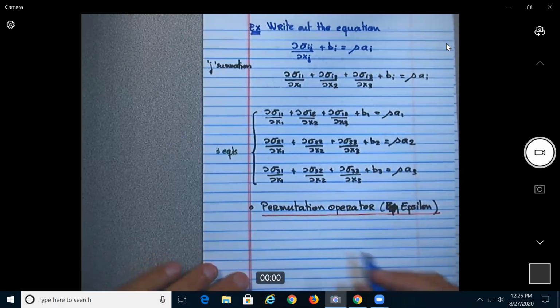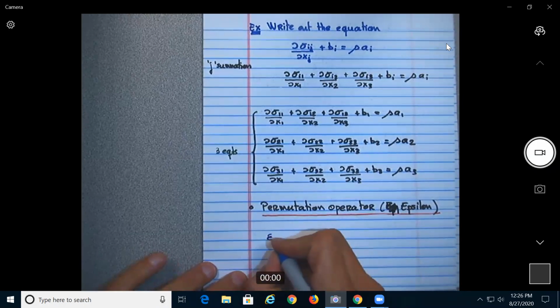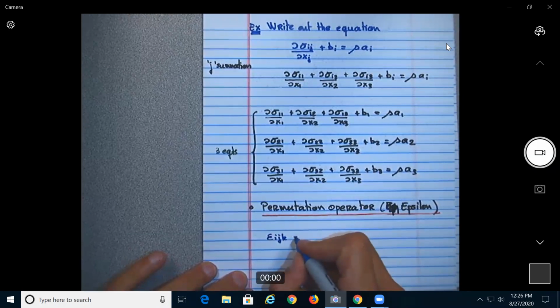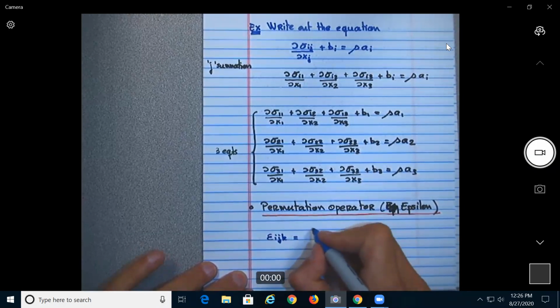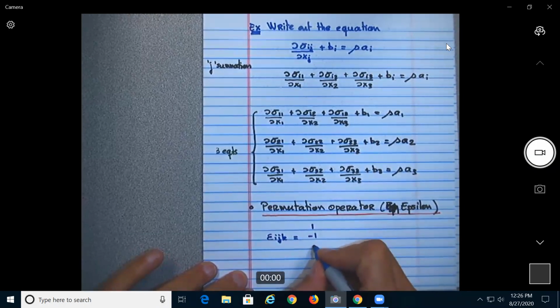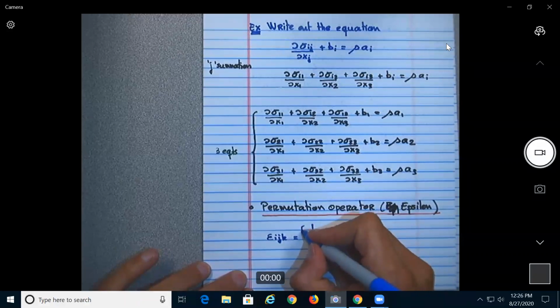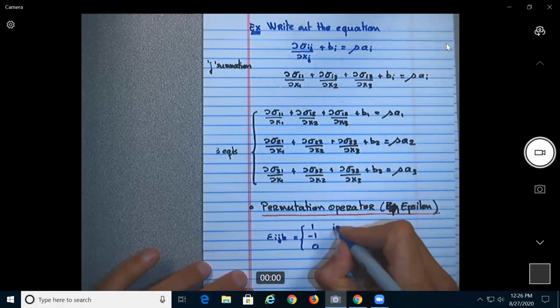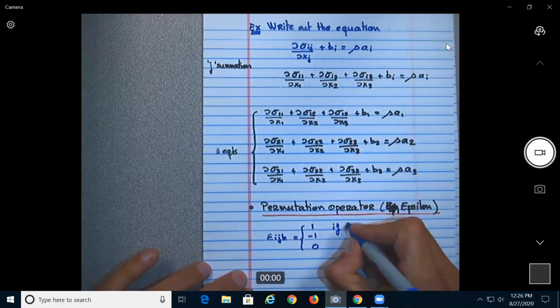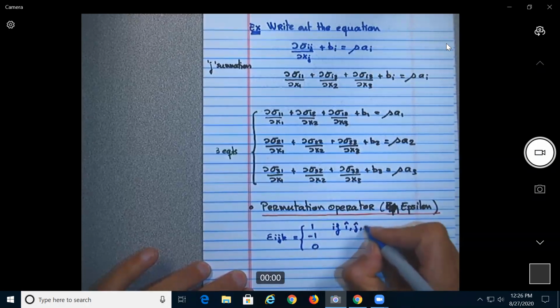So basically, this is what we have. We have epsilon of ijk will be equal to either 1, -1, or 0. So it's equal to 1 if i, j, k